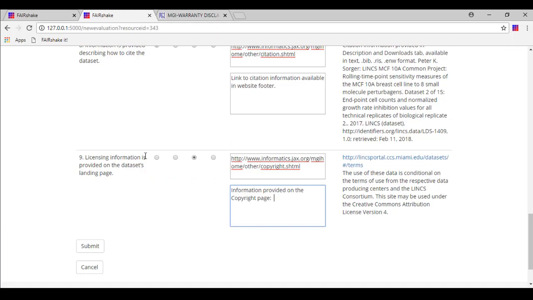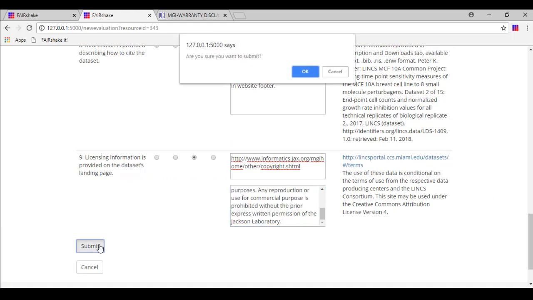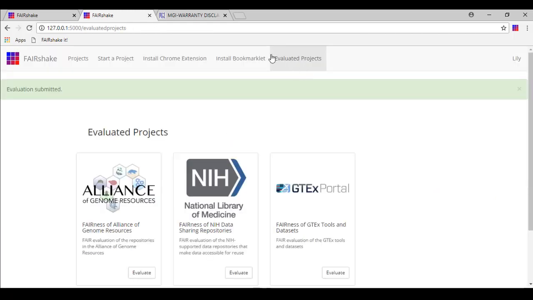Upon clicking submit, we can return to the landing page of the digital object and click on the bookmarklet again. We see that the insignia was automatically updated to reflect